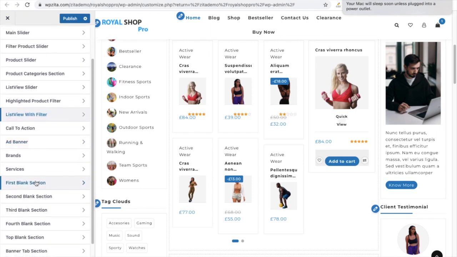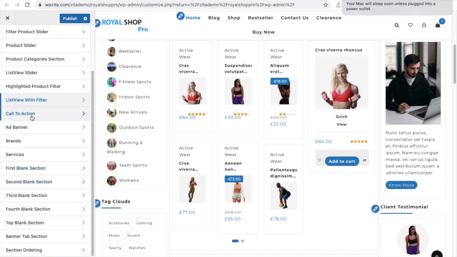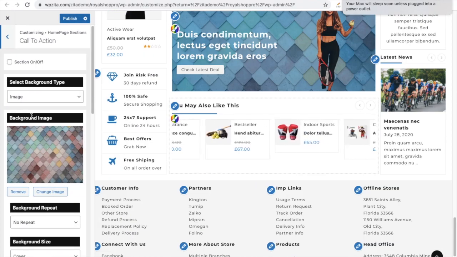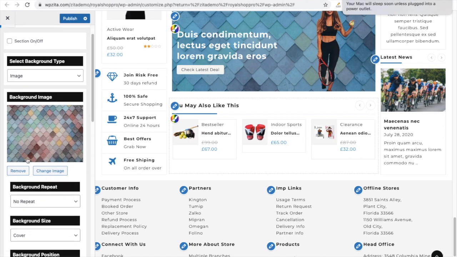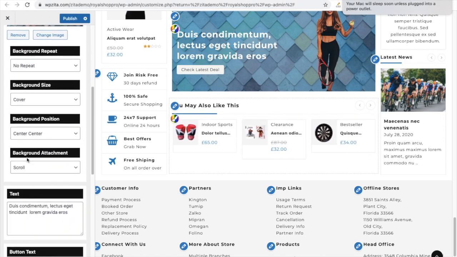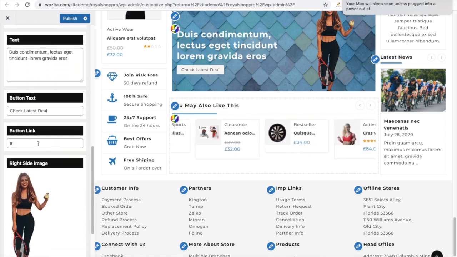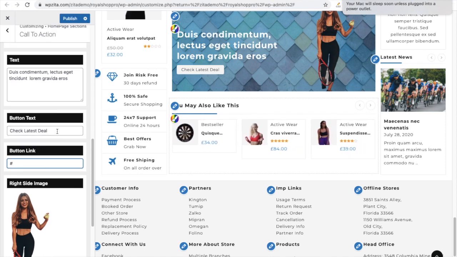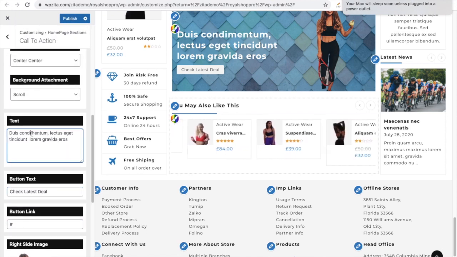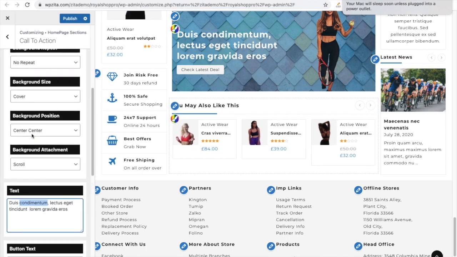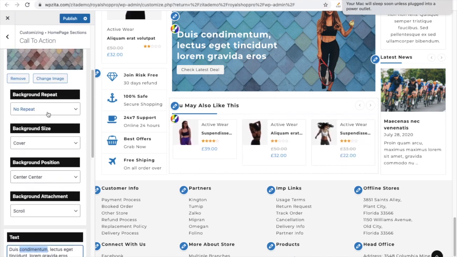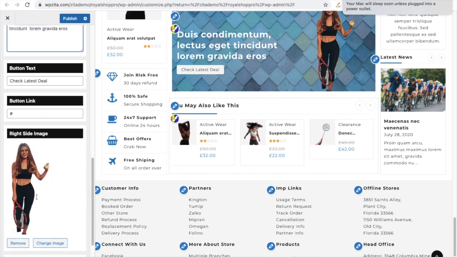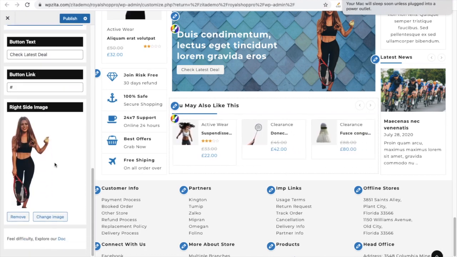Now let's move to another section, which is the call to action. Here you can give the background image, and you can give link to those section. This is the button link option. You can give link to the button. Also you can give text to the button. Also you can add this text as a heading, and some more options such as background repeat, background size, background position, and background attachment options are available. Here you can add the image of your